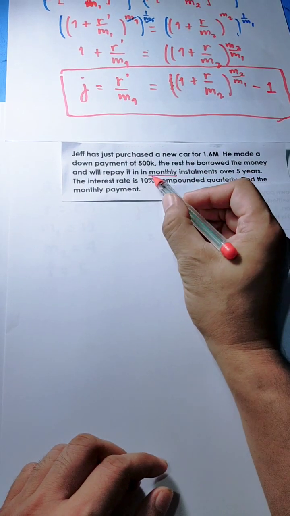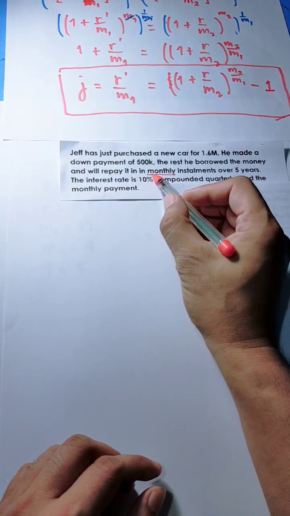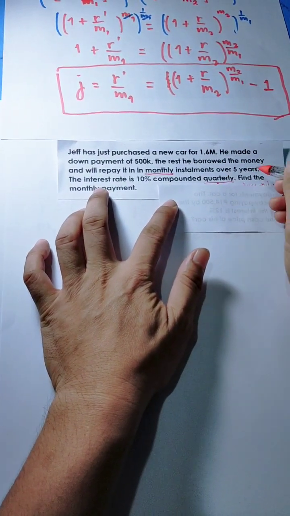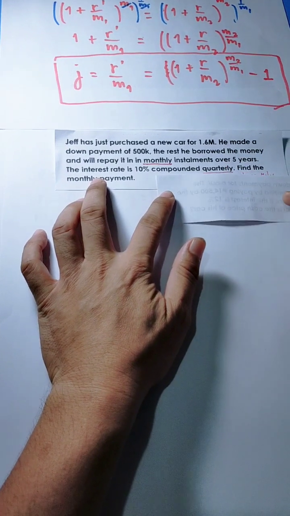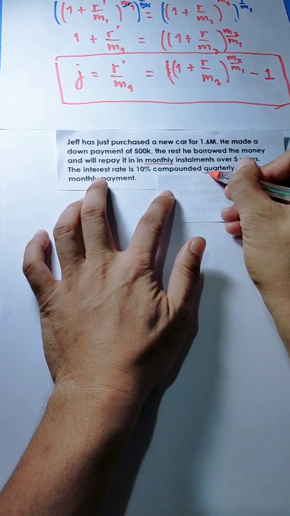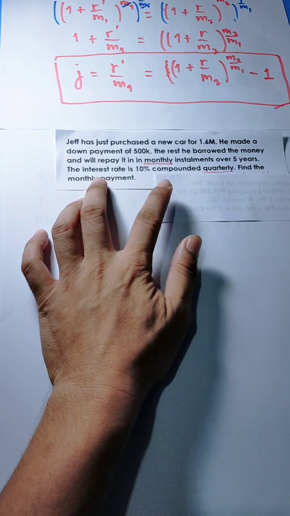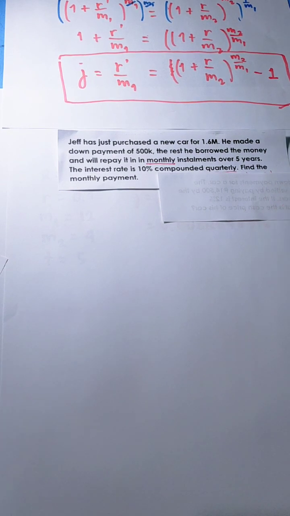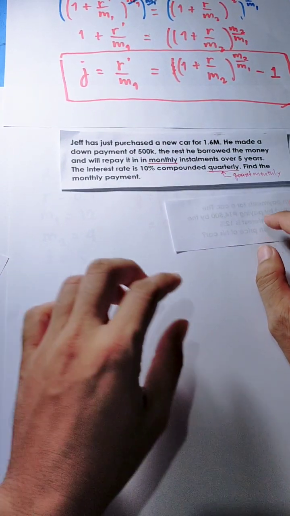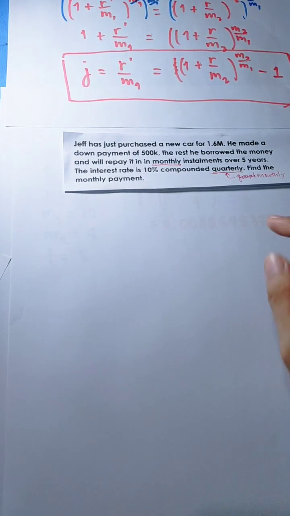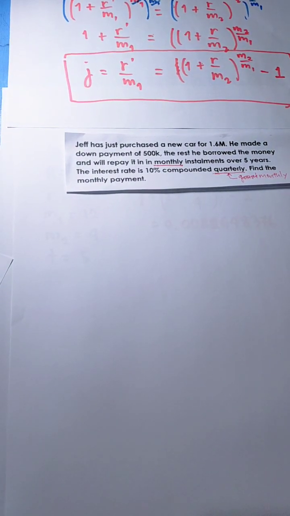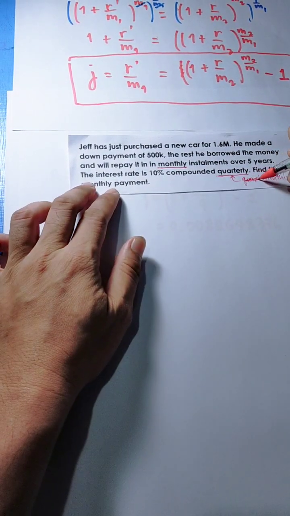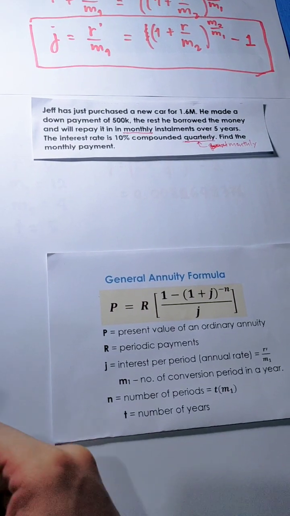If you observe this, the payment interval is monthly and the period of our interest is quarterly. Okay, so they're not the same, and this time it's a general annuity. What we shall do now is change the quarterly to monthly so that they will coincide with the payment interval. Okay, make it monthly. List down first all the given